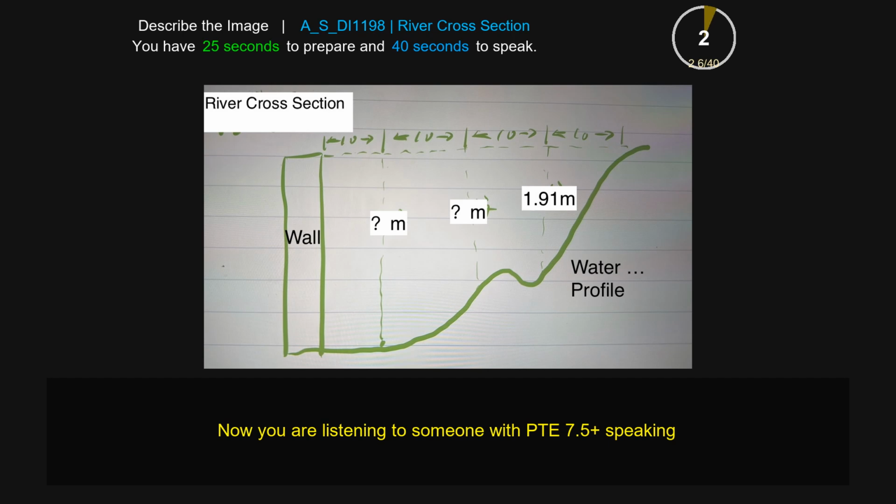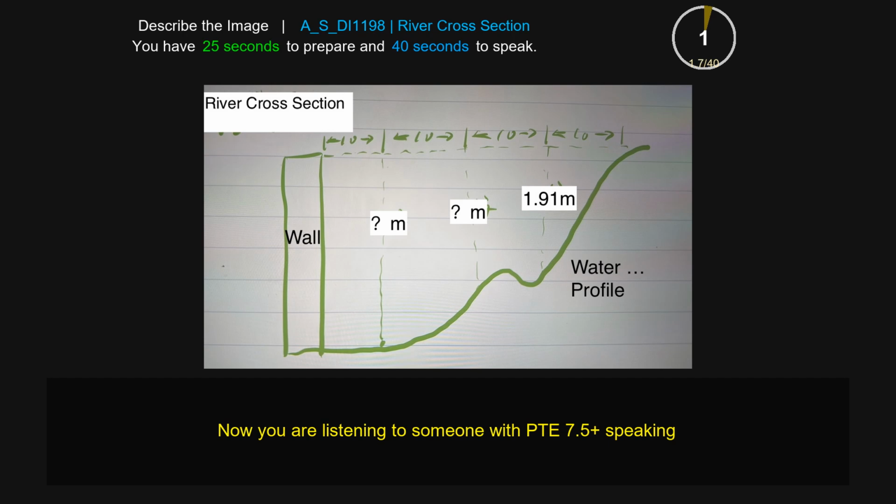This picture gives a lot of information about river cross-section. The items include wall and water profile. Firstly, there is a waterfall. In the middle of this picture, there is a water profile which is covered by black colors. Secondly, on the corner is wall and the right is water profile. Finally, on the top is tan, which is shown by black color. In conclusion,